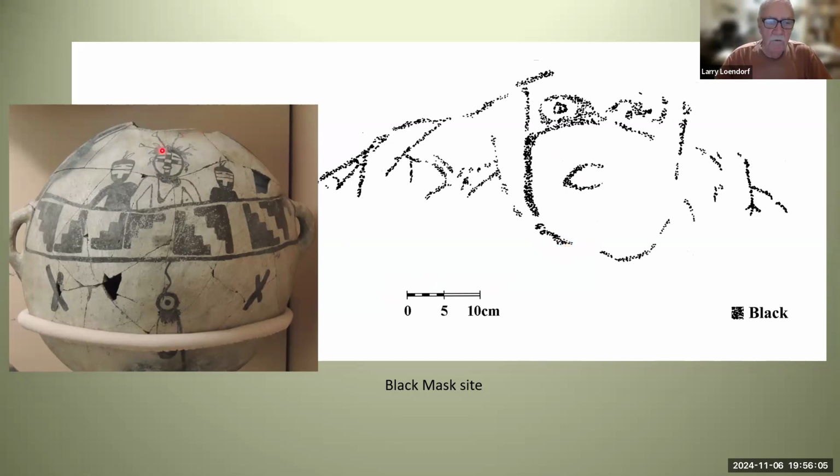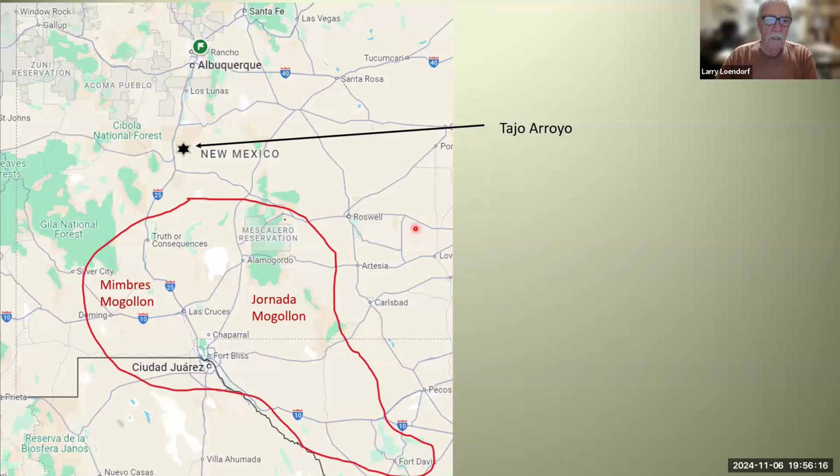This one's got, look at the feathery head on the top, and the feathers over the top of the head of this one. And I think quite comparable designs and of some interest. So let's jump now to Tahoe Arroyo, which is on the opposite side of the mountains and south of Socorro,